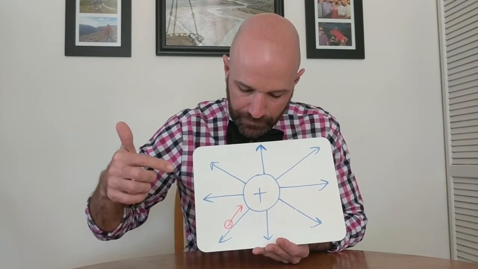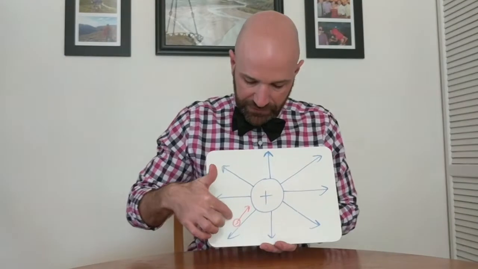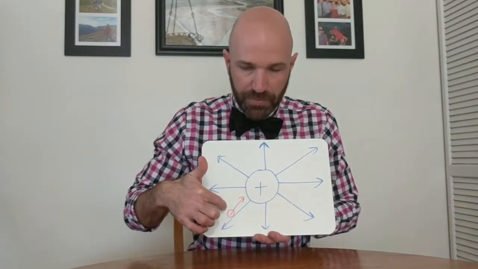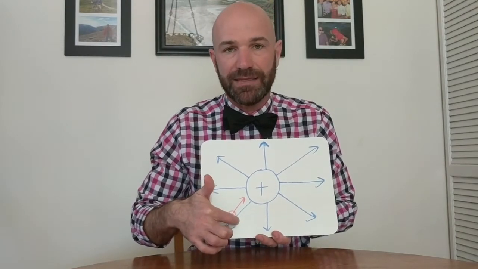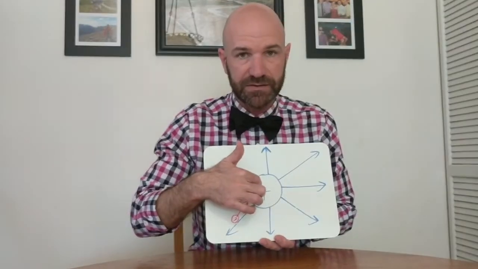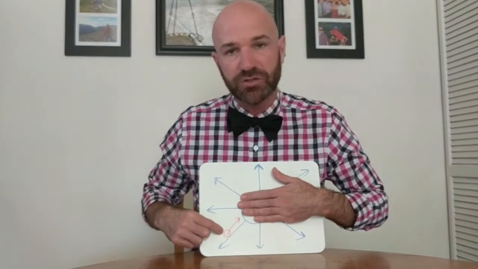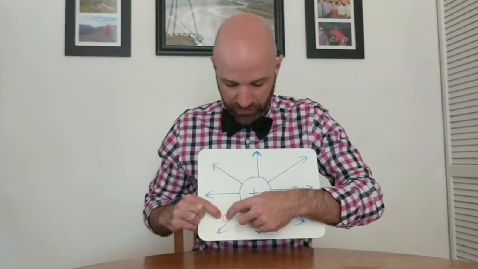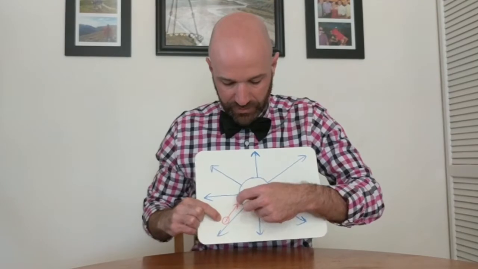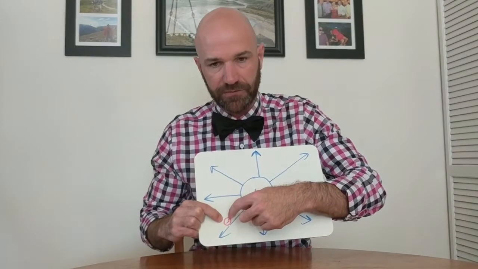Likewise, this thing feels a force, but the reason why it feels a force is because of the electric field. But why is the electric field there to begin with? Because of this. If this wasn't here at all, the electric field wouldn't be there, and therefore this electron wouldn't feel a force. So this thing exerts it directly on there. That's why it feels a force, but this thing is sending out these lines, so it indirectly exerts a force on this.